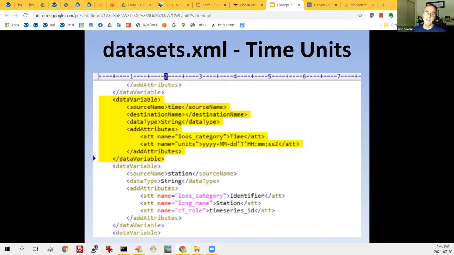Time values can be formatted in thousands of different ways, and this system allows for all of those different formats to be interpreted correctly. If the unit string is incorrect, it's obvious in ERDDAP, and you will thus be encouraged to correct it. The system is fundamental to making the file machine readable because it gets the time data into a standardized internal format.